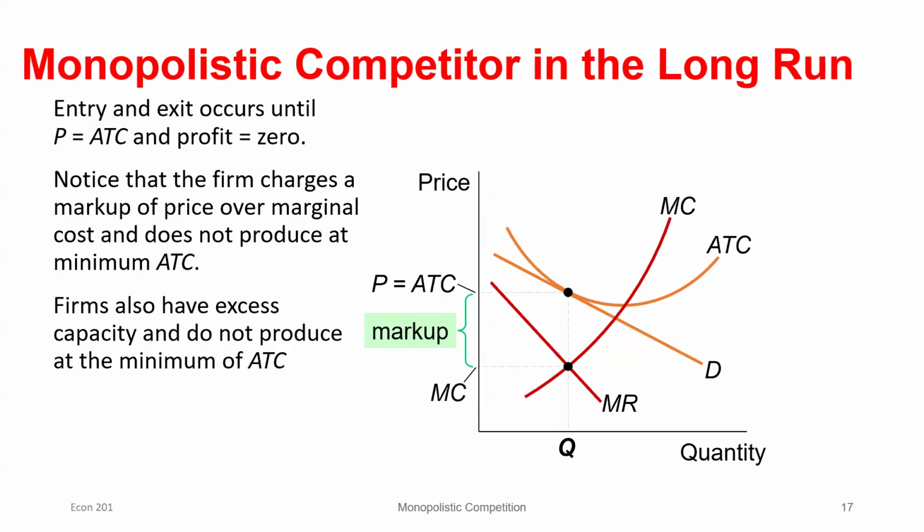Where do these monopolistically competitive firms end up? Well, they choose the quantity where marginal revenue is equal to marginal cost. They go up to the demand curve to set the price. The price is exactly equal to average total cost, so their profits are equal to zero. So even though perfectly competitive and monopolistic competitive firms both end up with zero profits,